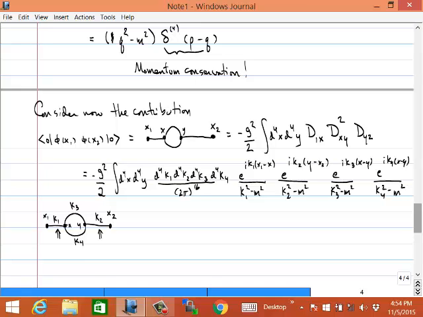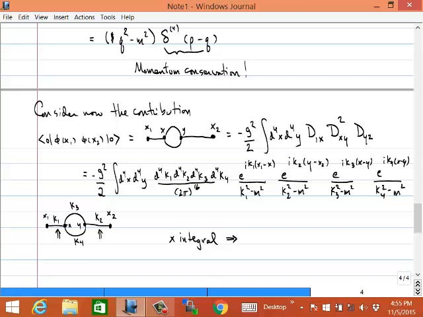Okay, so now we just need to start doing these integrals. The first thing that I want you to do is think about doing that x integral. So the x integral is e to the i x times k1, what is it, k1. Let's see, I guess I have to decide how I'm orienting these. So the x integral,